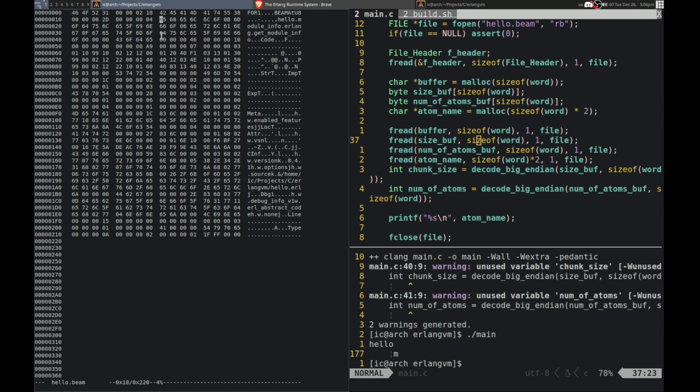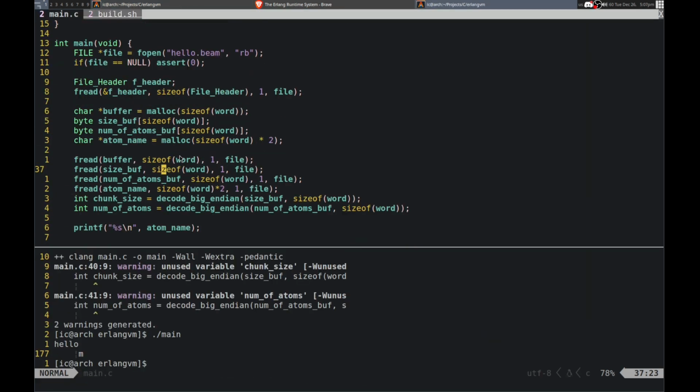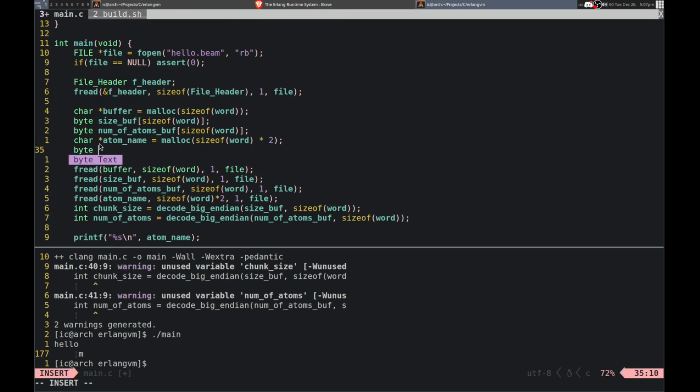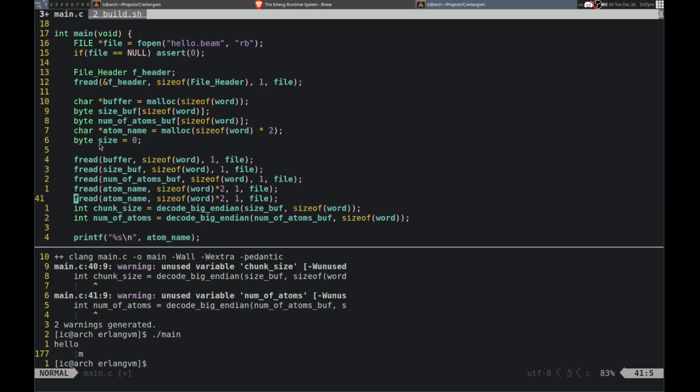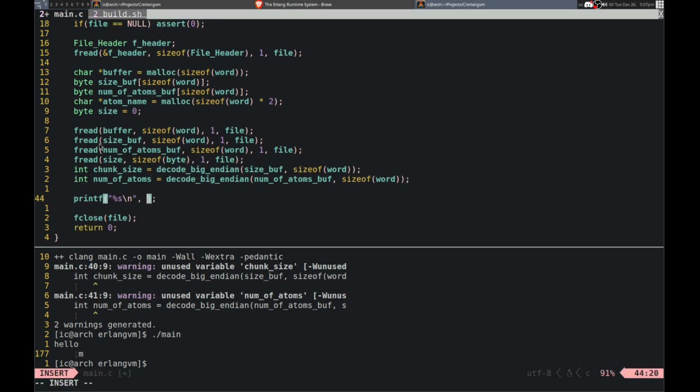Maybe. Alright, let me try reading just one byte from it, just into a byte. I'll just call it size. It doesn't matter much. Initialize and read it into here before that, size of byte, so just a single one, and try to print that out.